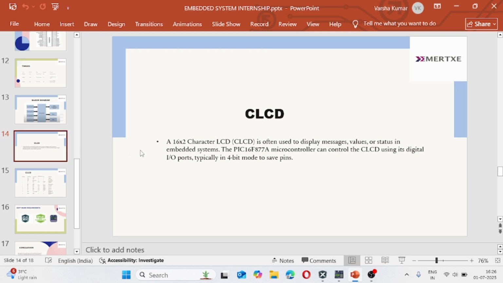The 16x2 character LCD is commonly used to display messages in embedded projects. It works well with the PIC16F877A microcontroller using its digital input pins. The LCD has 16 pins including data pins D0 to D7 and control pins RS, RW, EN. We usually use 4-bit mode to save input pins, and only 4 data lines are used, D4 to D7. The RS pin selects between command and data mode. The RW pin is connected to ground to set it permanently